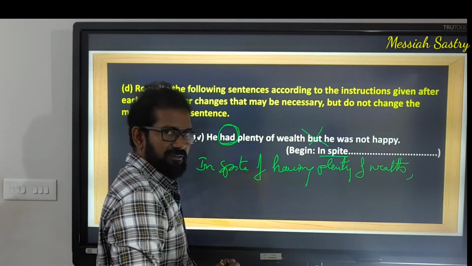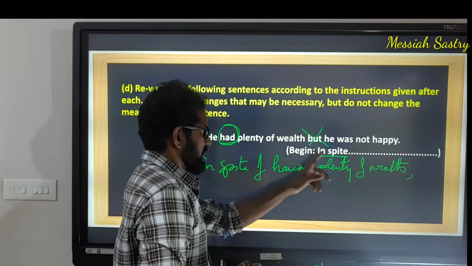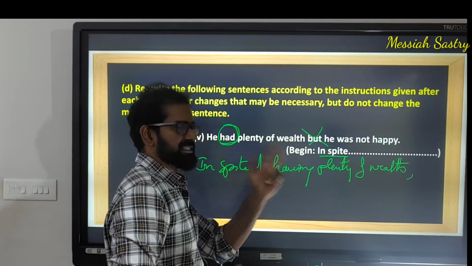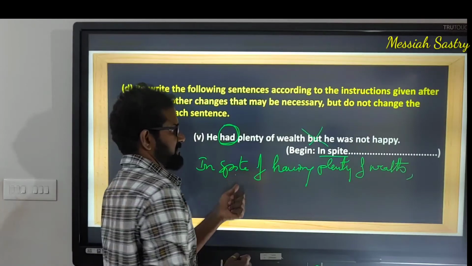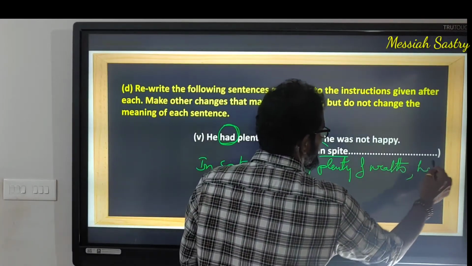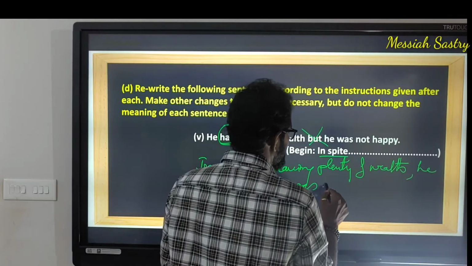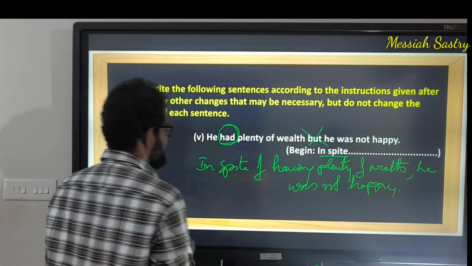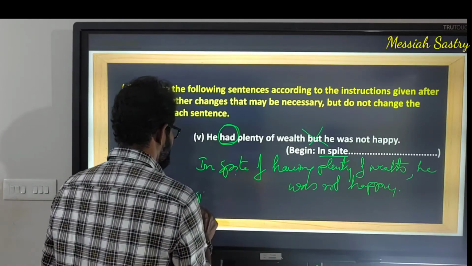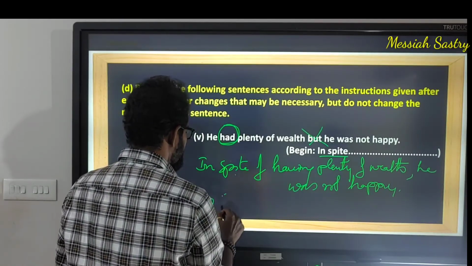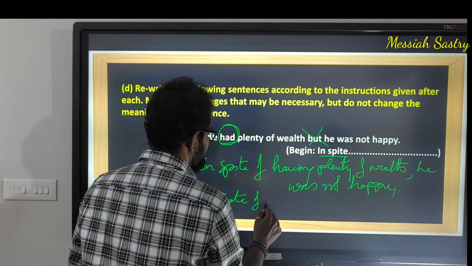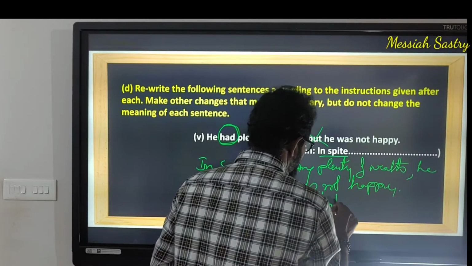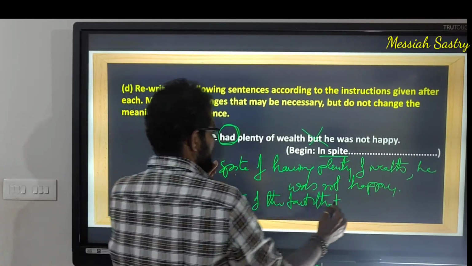When we use in spite of or despite, don't use yet or but or still. Yet, but, still should not be used along with in spite of. Comma, he was not happy. We can also write in spite of the fact that, because it's given in spite, no? So we can also write another answer: in spite of the fact that he